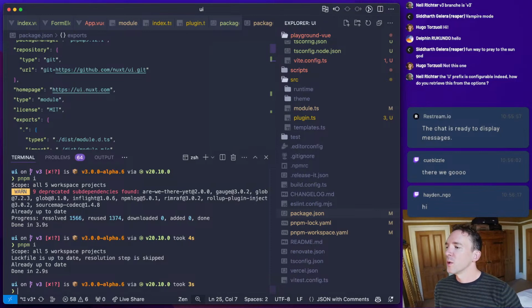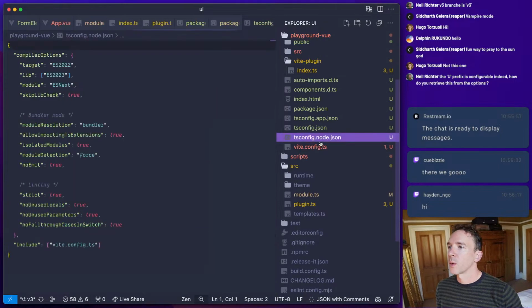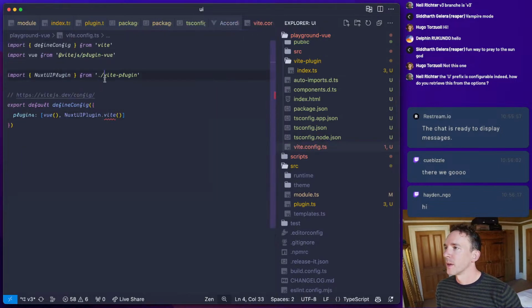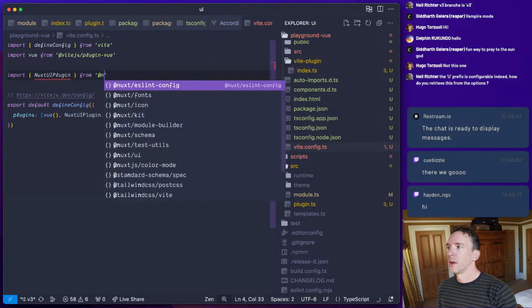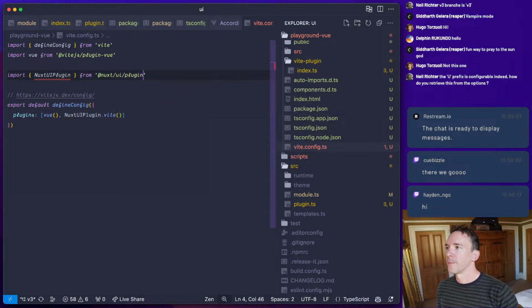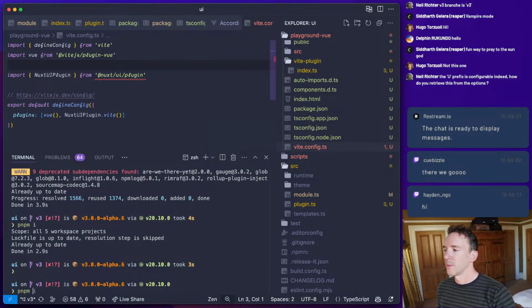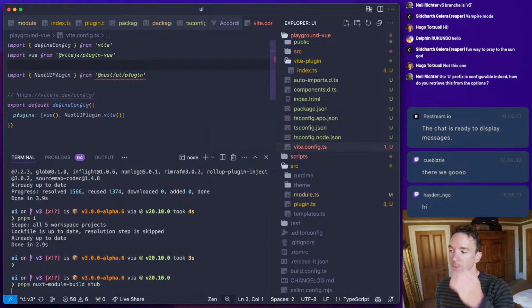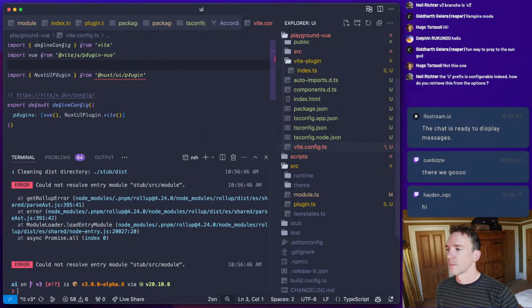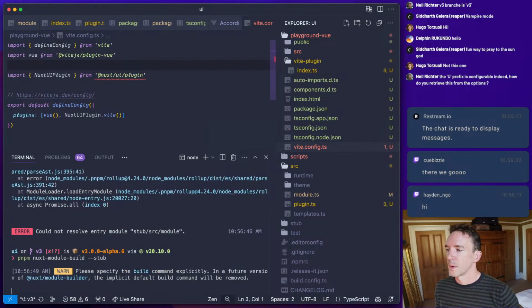Okay, so let's see. Now in our Vite config, we're going to need to import not from Vite plugin, but from nuxt UI plugin. And we need to run unbuild's nuxt module build stub.